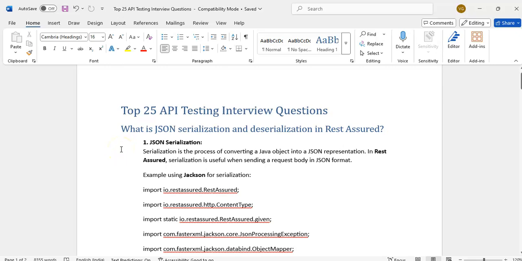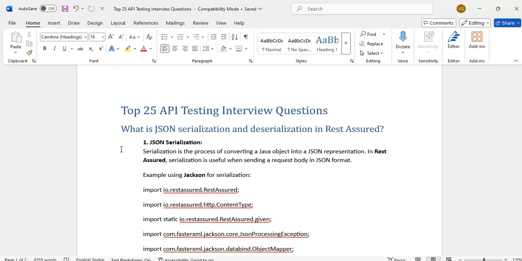In Java also we have serialization and deserialization. Serialization is the process of converting an object into a file or into some network object, converting an object into another form.